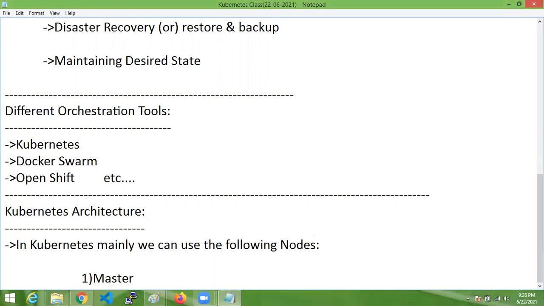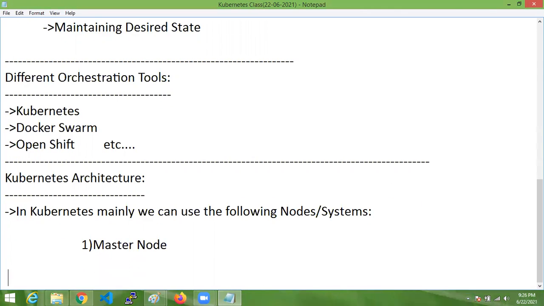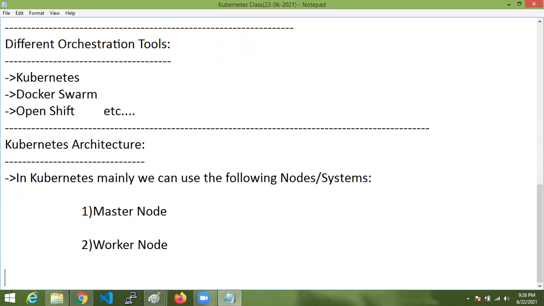Nodes are nothing but systems. One is master node. Worker node. Workstation node.